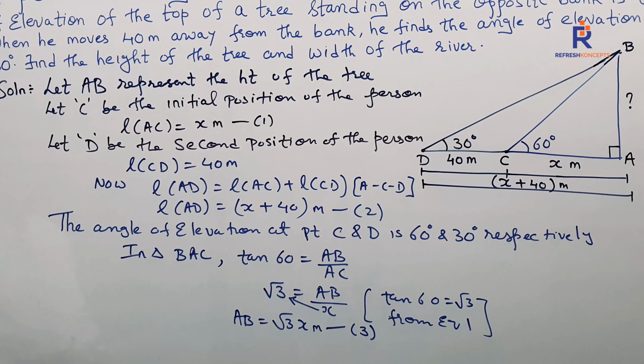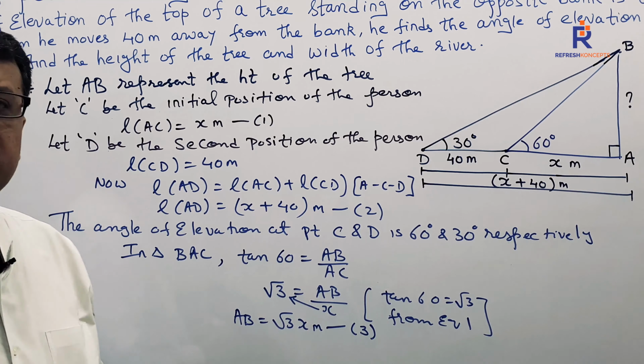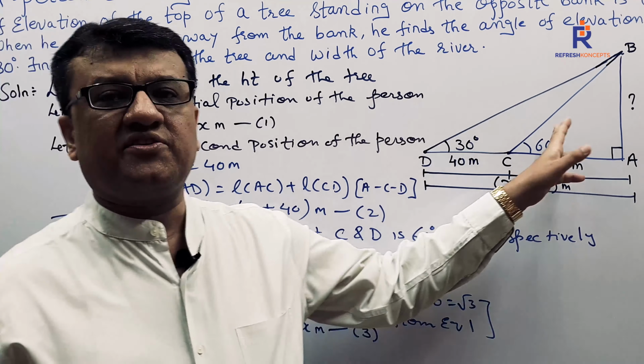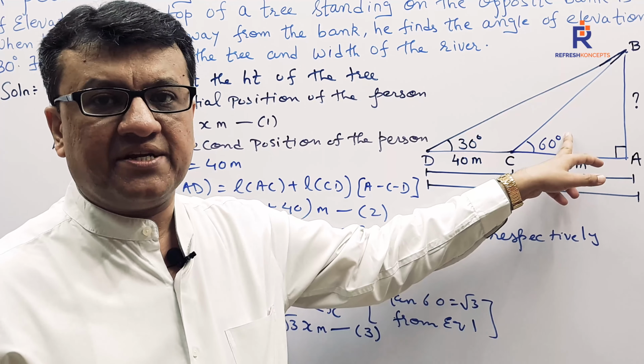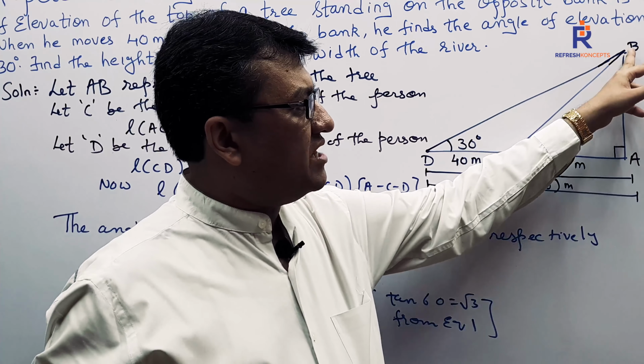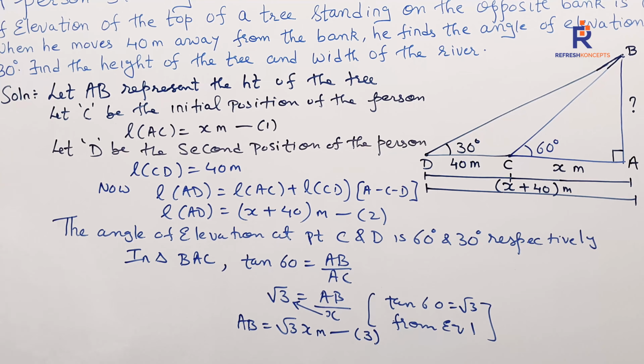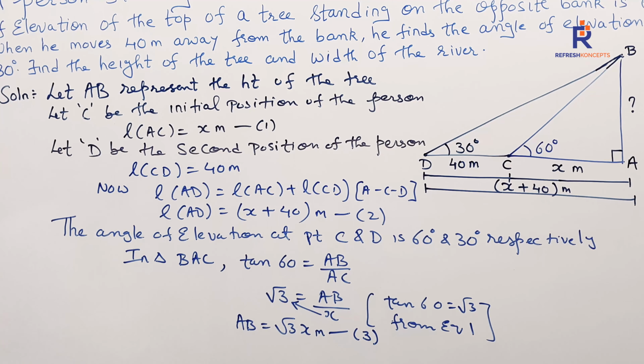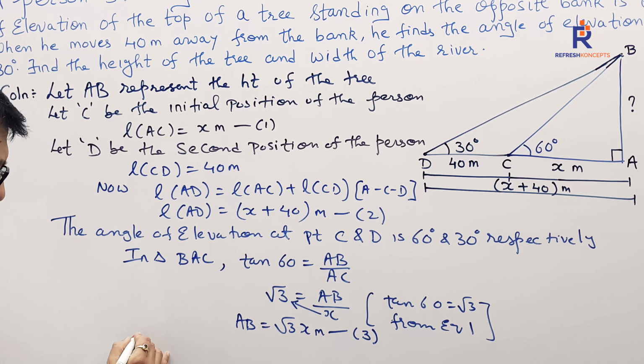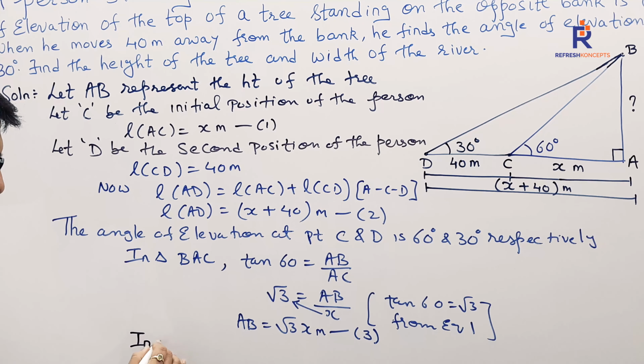Let this be my equation number 3. So what we have done? We are done with the smaller right angle triangle, and we applied the tan function over there. Now take the larger right angle triangle. Which is the larger right angle triangle? BAD. And I shall now go and apply the same thing. In triangle, mind you, in triangle